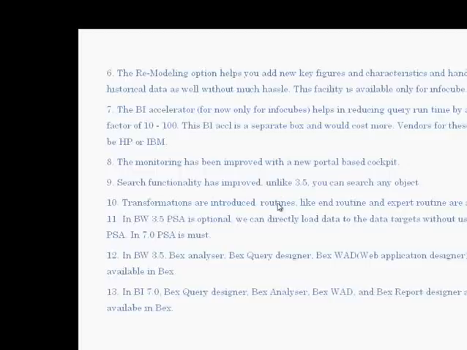And monitoring is improved. A new portal-based cockpit is there, and search functionality has improved. You can search any object in any step, any transaction. And transformations are introduced. In transformations there are routines. There was only the start routine before in update rules. Now you can do the start routine, end routine and export routine in addition to the 3.5